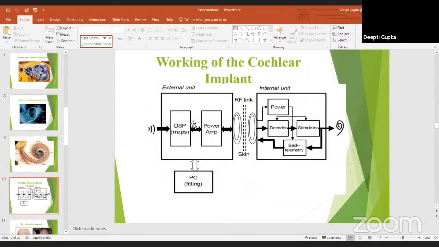So now, how does it work? We have two parts, the external part and the internal part. The external part is carrying the digital signal processing part, power, and the PC filling. What are they doing? Digital signal processing, we can say simply, is the brain of the cochlear implant that receives the sound through the microphone,